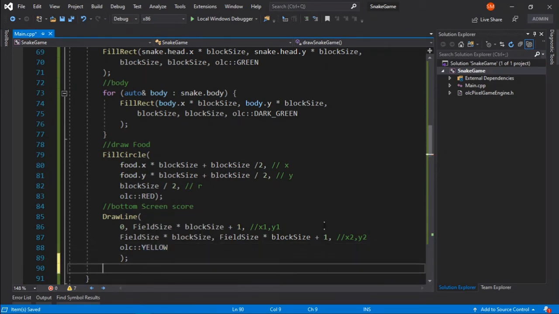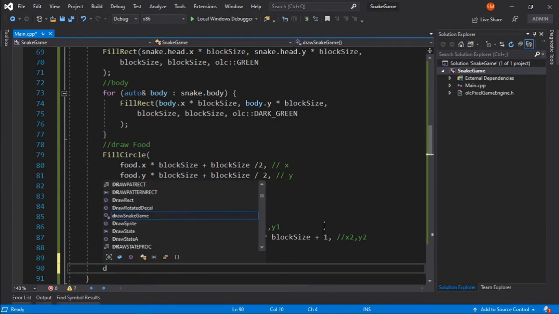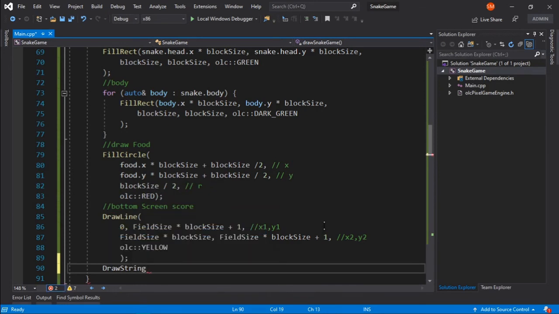And after the line is drawn, what I want to do is draw the score. So I will say draw string. The functions are very straightforward. This is a very good thing about OLC Pixel Game Engine, and it will be drawn just here, giving just a little offset.